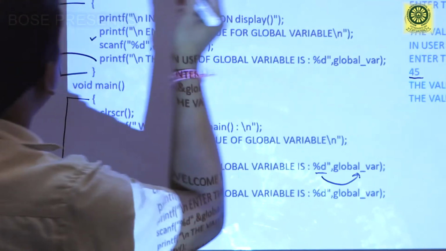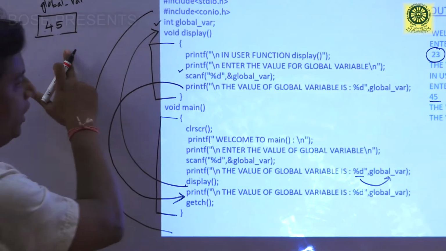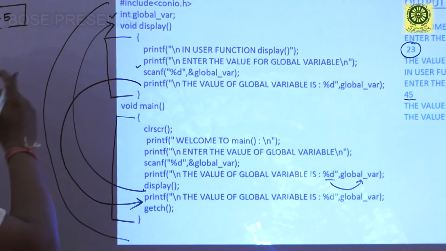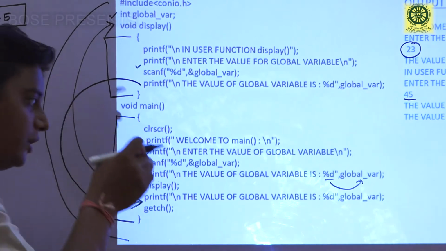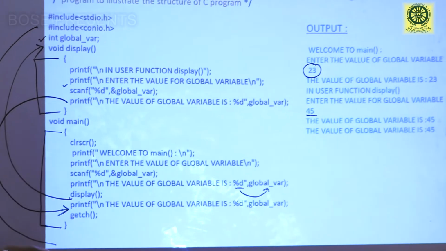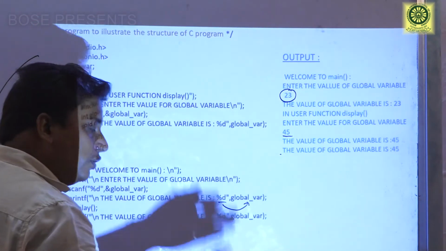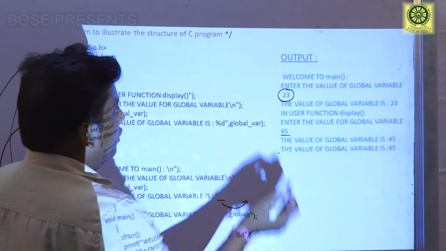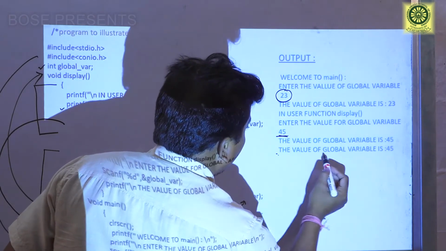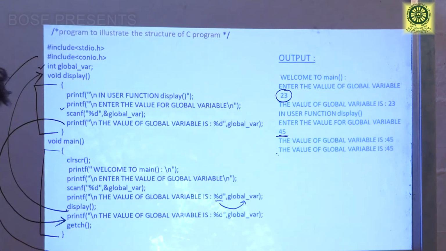Here 23 is being stored in the memory location whose name is global variable, and in this scanf statement the value 45 will be overwritten in that particular memory location, and as 45 is being overwritten, the value of the global variable is changed from 23 to 45. So that's why the value of global variable is 45 is printed twice.